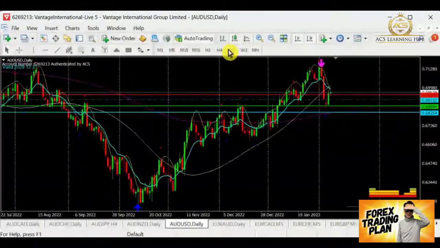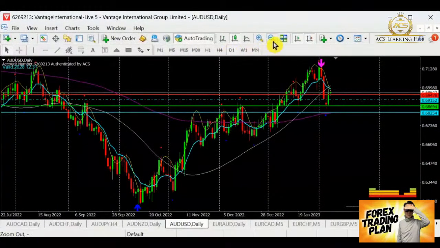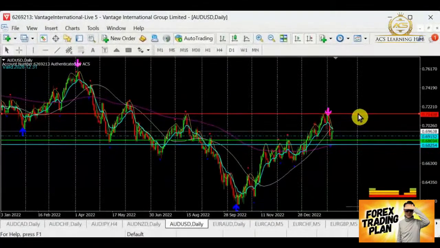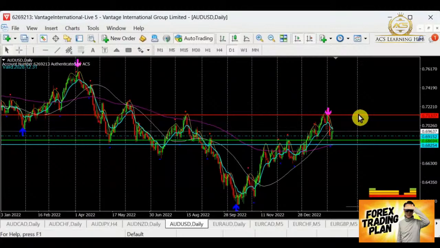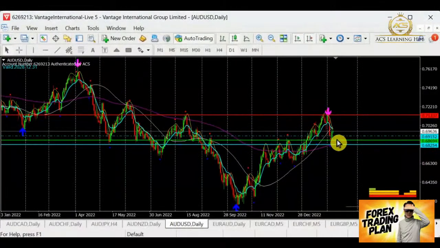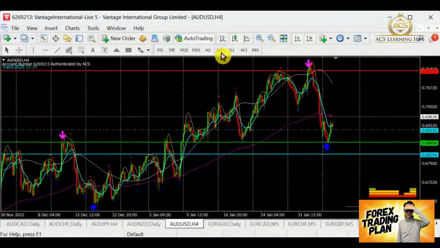For Aussie dollar, we can take a look at this. After the bear came in, it's now climbing up to test the resistance up here, correct? At this point, are we going to look out for selling? But generally, if this continues, as we see, we can respect the support here, and it is still going for the buy. So buyers can take note. But for sellers, we may need to wait for a few days. There may be another round of selling down, then we will have a good chance there.